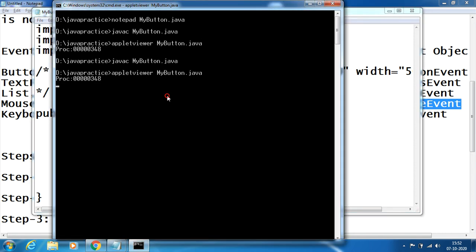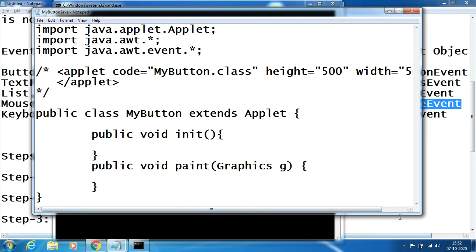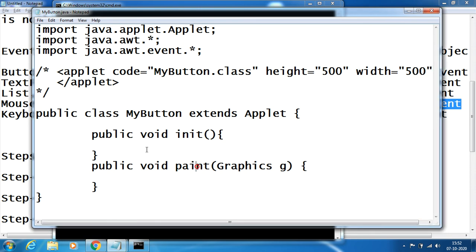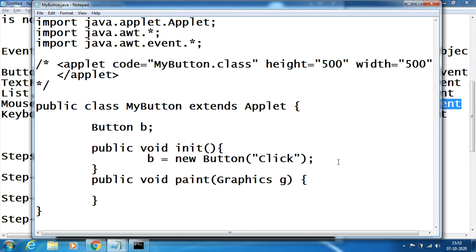Now how to create a button and how to click on that button. Simple thing is just create a button now here, Button b, simple, done, and create the button here, b equals new Button of, say, I just say click. Button click, it's easy. Button click, on click. Once this is the event source, now the event source is created.